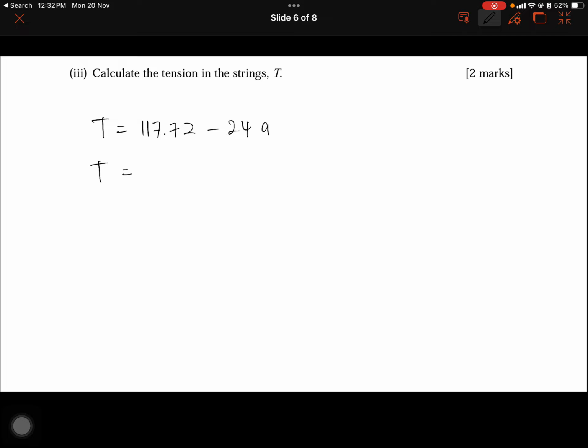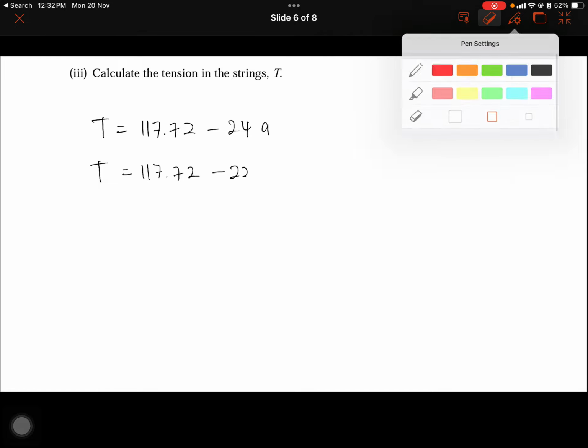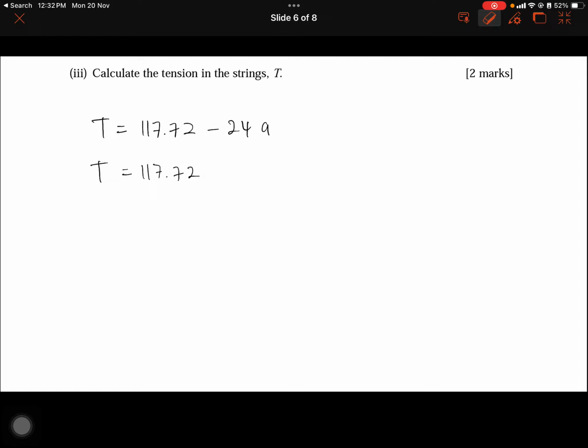Since we already obtained the value of the acceleration, remember it is equal to 1.226. So 24 multiplied with 1.226,